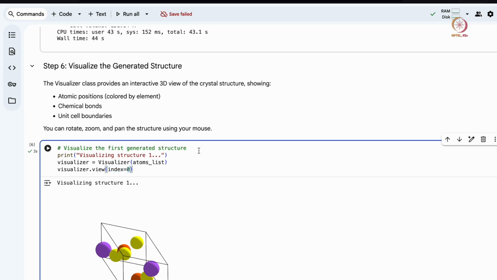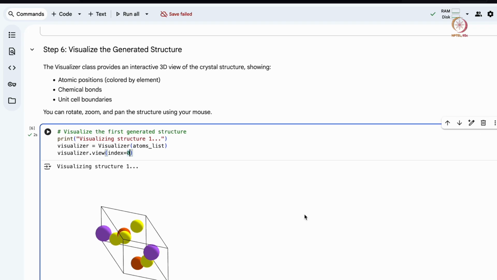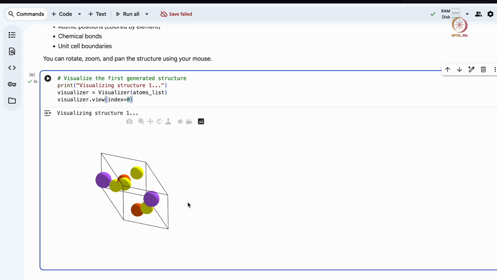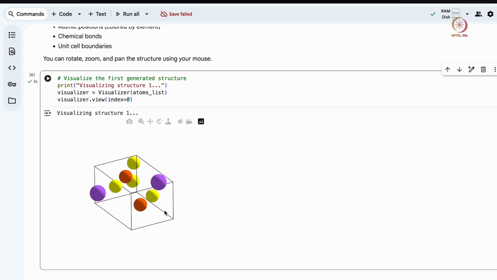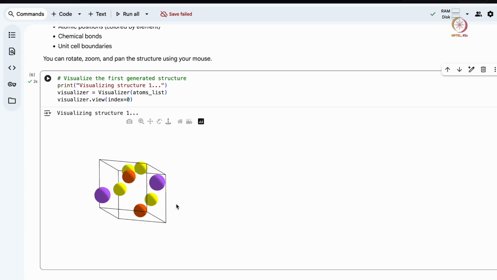Index 0 means I am parsing the first structure, and index 1 would mean the second structure. So with index 0, this is the compound that it generated, of LiPS. This purple one is lithium, this yellow one is sulfur, and this orange one is phosphorus.